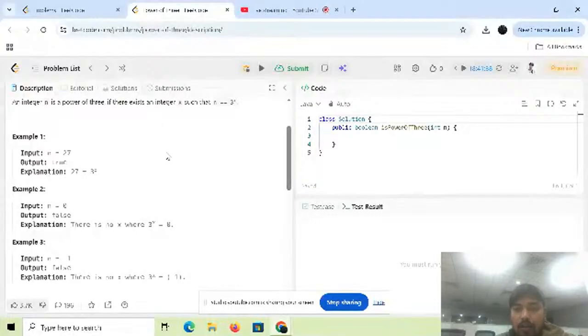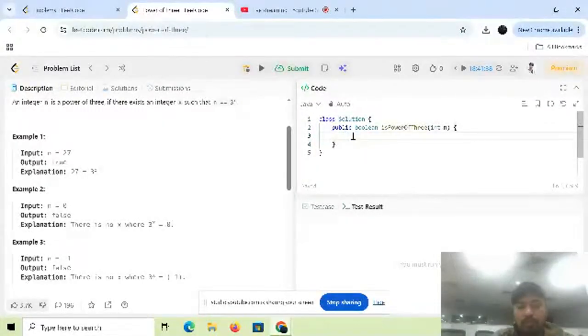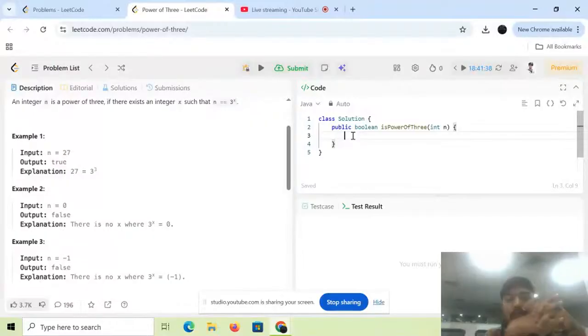Okay, so what we have to do? I'm going to solve this question using a simple mathematical approach. Okay, fine, I'm going to write the solution. I'll check, because here a power of 3 must be positive, right? So that condition I'm going to write: if n is less than or equal to 0, at that time we will return